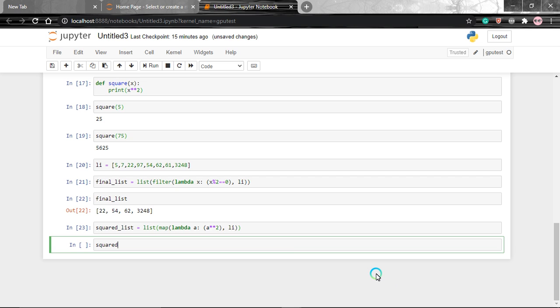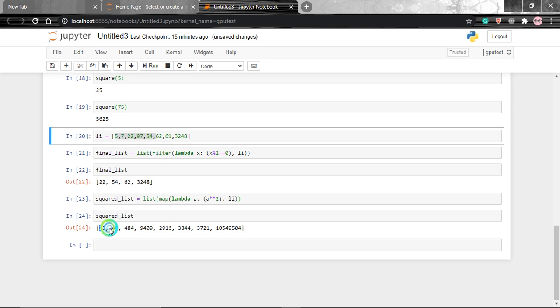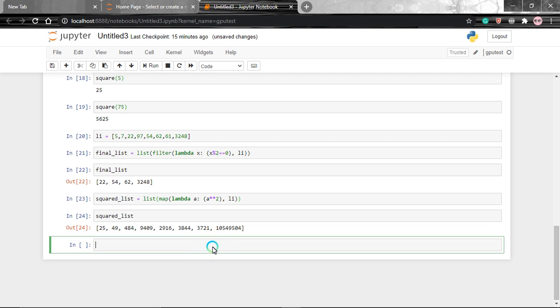Let's check our new list, squared list. You can see our list was this, and now this is our squared list: 5, 25, 7, 49, 22, 44, like that. In this fashion you can perform these operations using functions and using lambda functions.